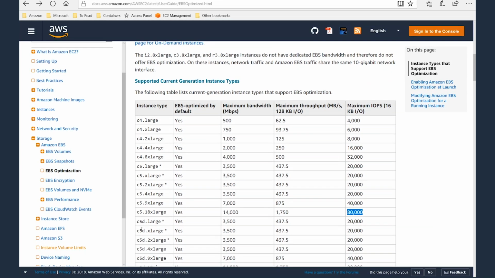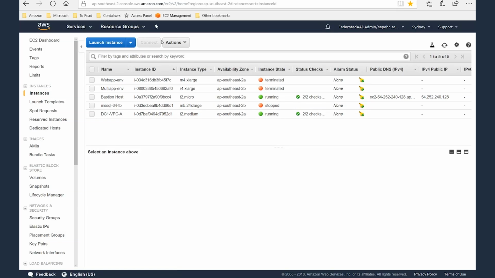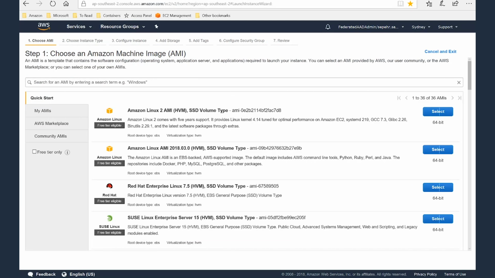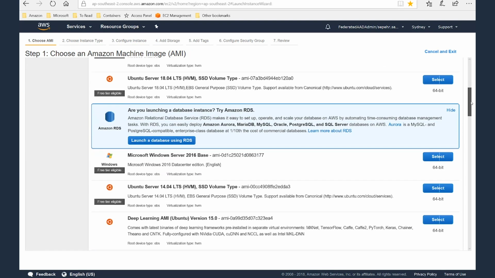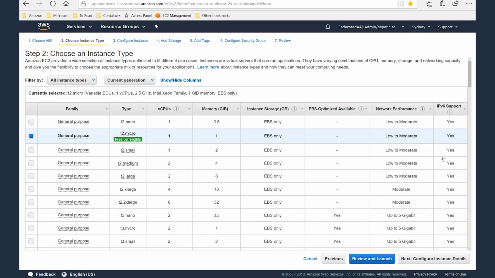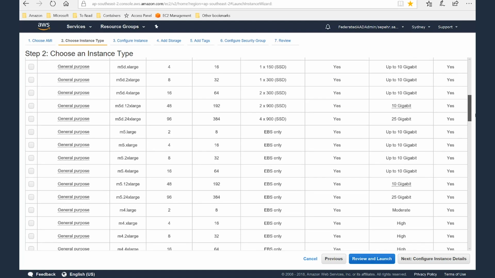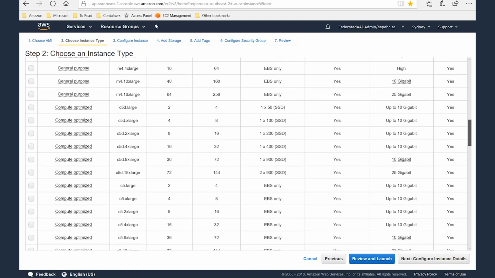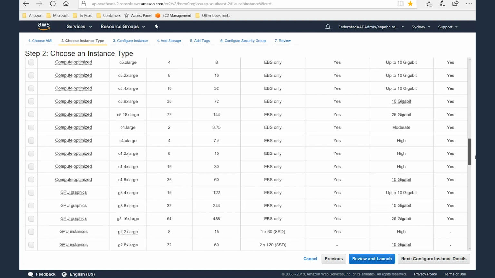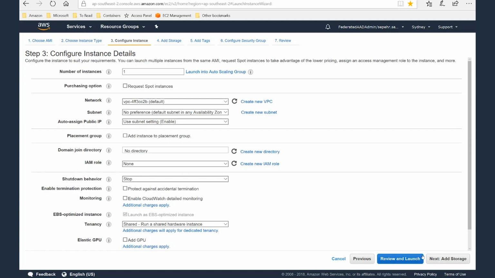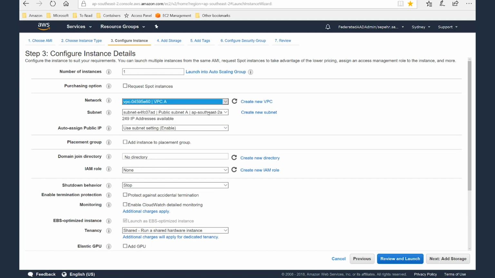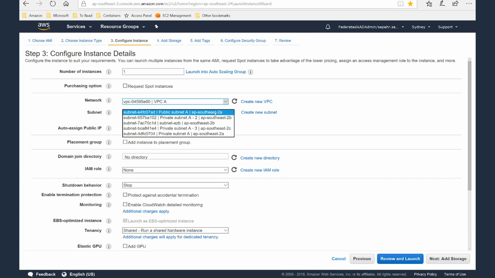I'm going to use C5 18xlarge today. So I'll go to AWS console, EC2 console, launch an instance. I'll use Windows Server 2016, launch an instance, and I'll choose C5 18xlarge. Okay, I'll have to choose my VPC. I'll use my VPC A, which I had created before. I'll choose my private subnet, A2,